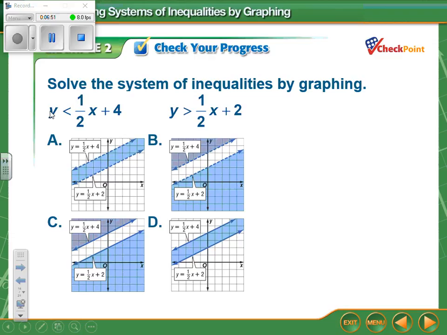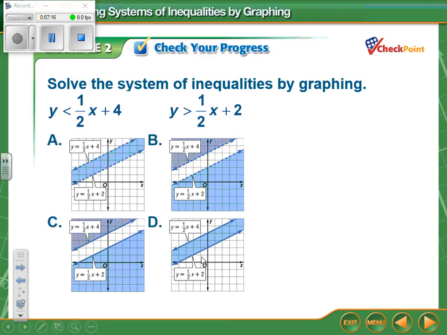Okay, so if you shaded below the 1/2 x plus 4, and you shaded above the 1/2 x plus 2, shaded above that one and below that one, then in between is where they would overlap. Now, D and A both show the same shaded area,